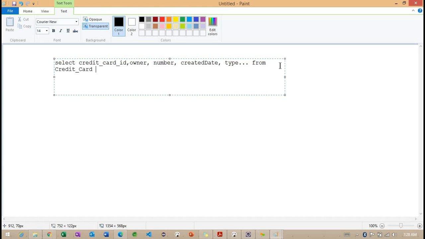Credit card. And here we are going to have the condition based on this created date that I want to load. So where created date is equals to question mark. In the same way, I want to load the records from the bank account here.